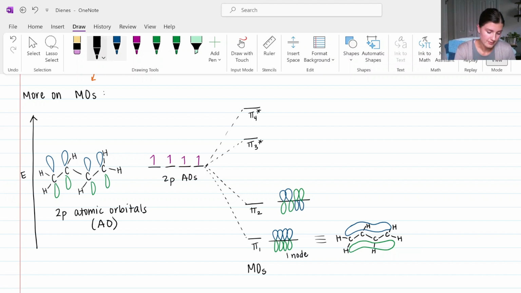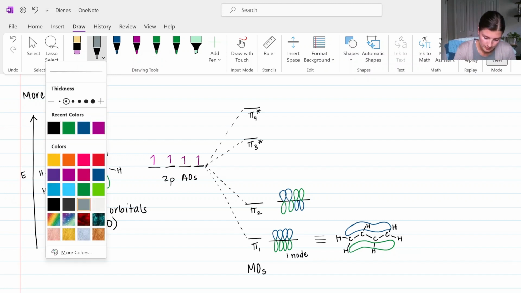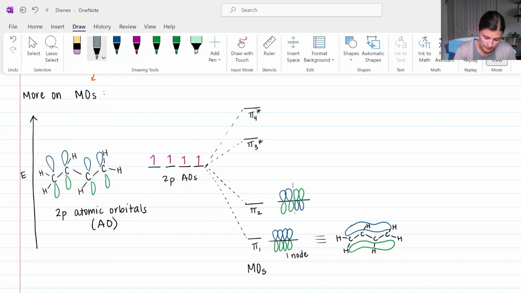So now we have an additional node right through the center here where we can't have any overlap. So here we have 2 nodes, slightly higher energy for pi 2. Pi 3 is even higher energy. We will now have 3 nodes present, and that occurs